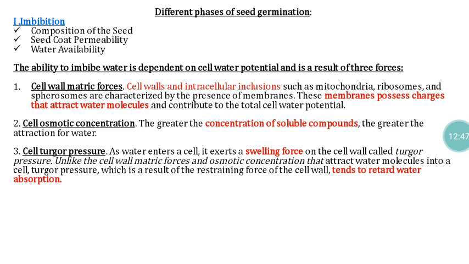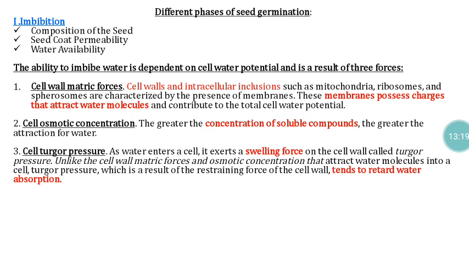Then water availability and quality of water also going to play a major role, and all that we can discuss in the below given 3 points. Then the ability to imbibe water depends on cell water potential and as a result of other 3 forces, like cell wall matrix forces. So that cell wall matrix forces also play some role with reference to increasing the water uptake by the seeds,